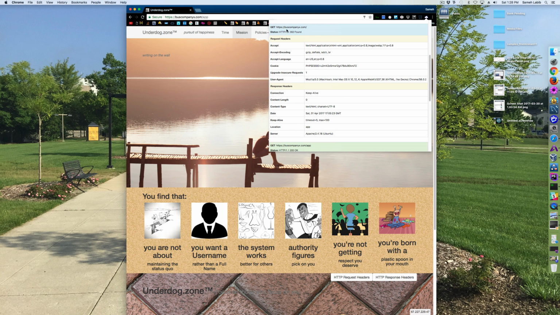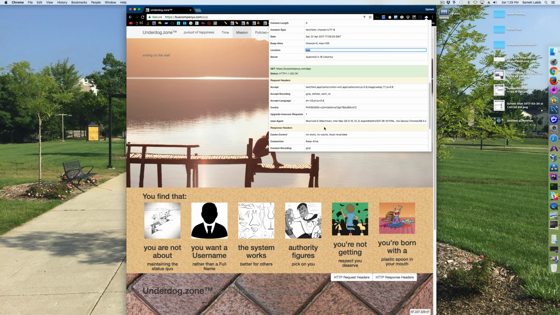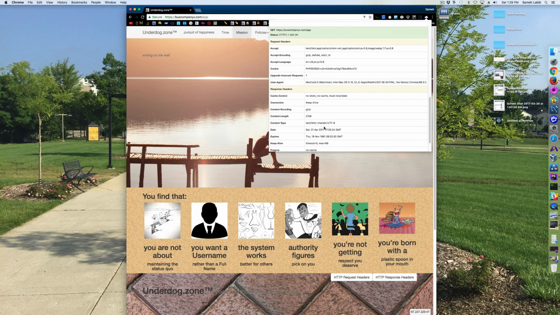Okay? So when my browser made that request, it got another response. See response headers? This was made by Apache. And that response told my browser that it needs to go to location app. Okay, so my browser made another request, this time with location app. And that's when the response from the Apache